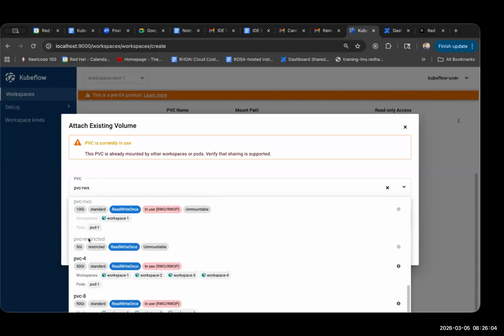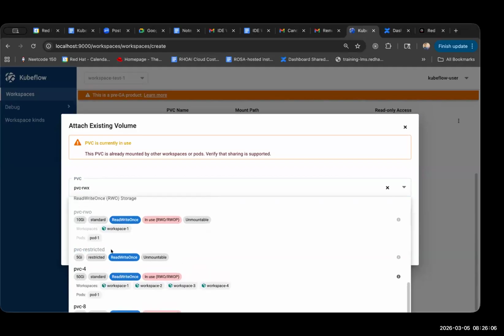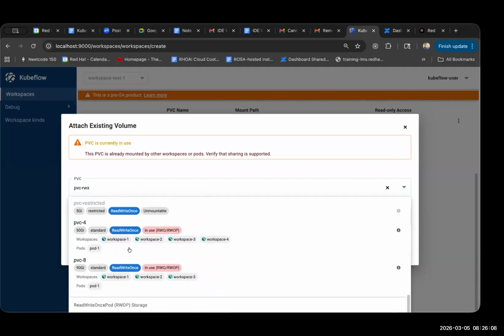And this is just another mock data that I have that's unmountable. I think the next step is probably to explain why something is unmountable, and that should be a good next step for both secrets and volumes, not just for volumes. And so the tooltip and the information icon here, similar to secrets, will have what we call the audit field,